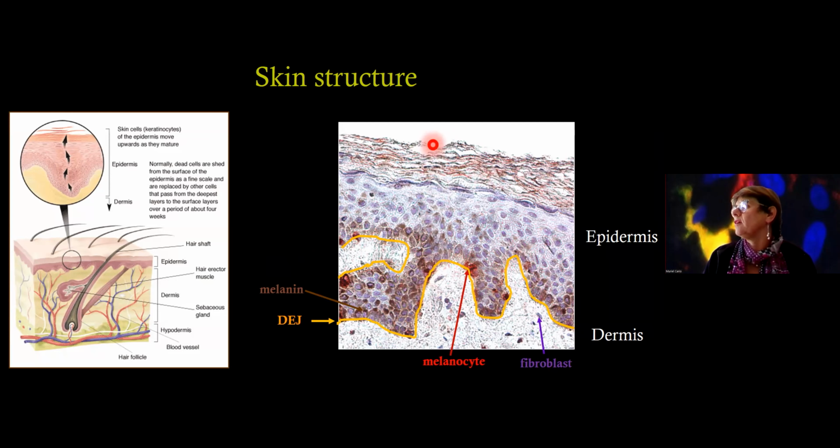As you can see here, you have the basal layer, which is composed of keratinocytes of high proliferative capacity, and the melanocytes here in red, which are responsible for pigmentation of the skin. As you can see, melanin in brown. And these keratinocytes are differentiating until reaching this part, which is the stratum corneum, which ensures the barrier function of